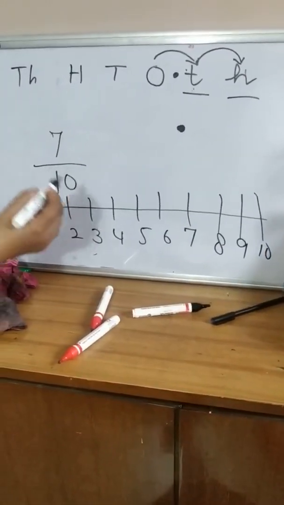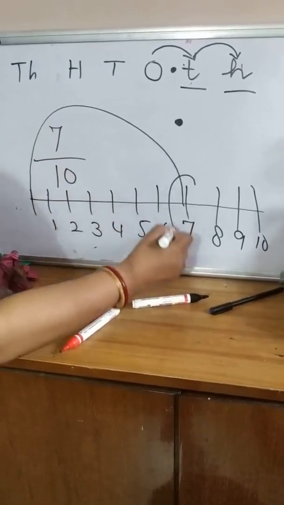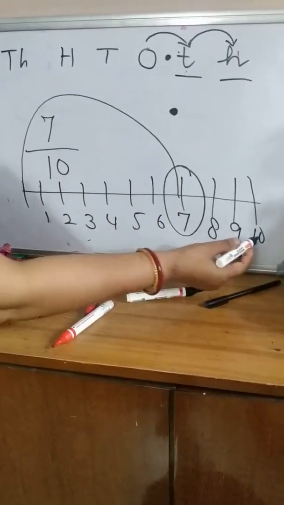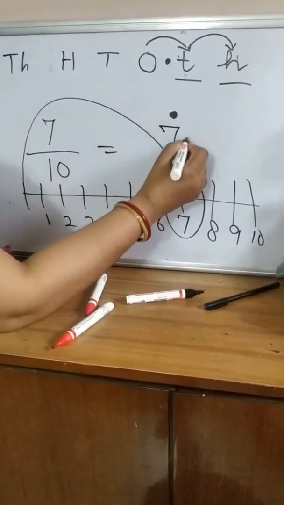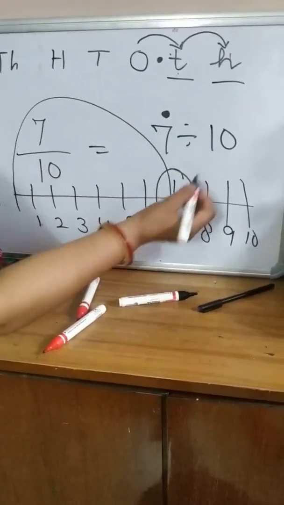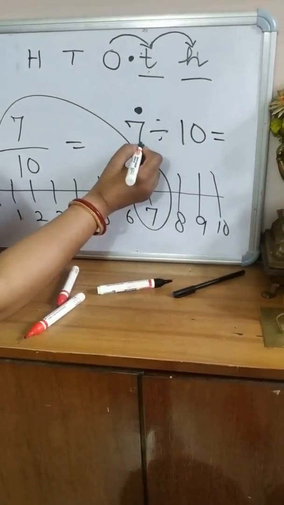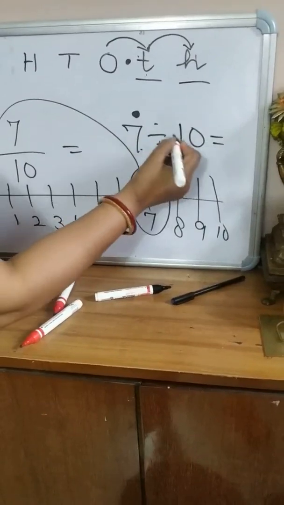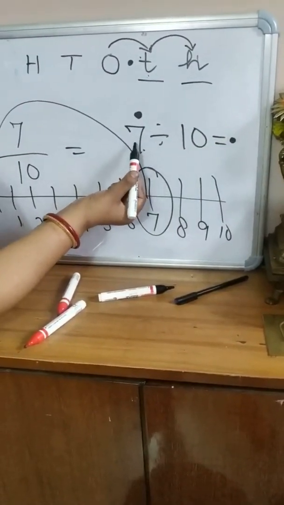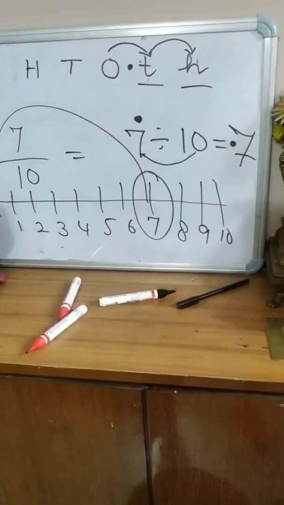It means you have to move to this, this is the 7. It means 7 out of 10. So 7 by 10 means 7 out of 10. It means 7 is divided by 10. Right? So how will you represent it in the form of a decimal? It is the 7/10. So when 7 is divided by 10, we represent this number by the decimal, and since it is one digit and the 10 is there, I will write it here 0.7. So decimal point and 7.